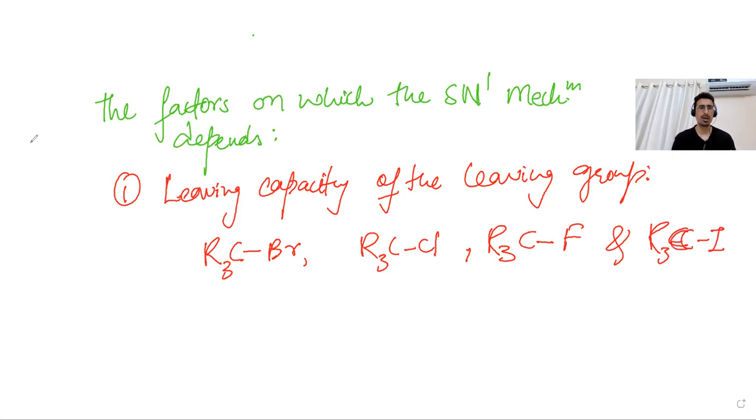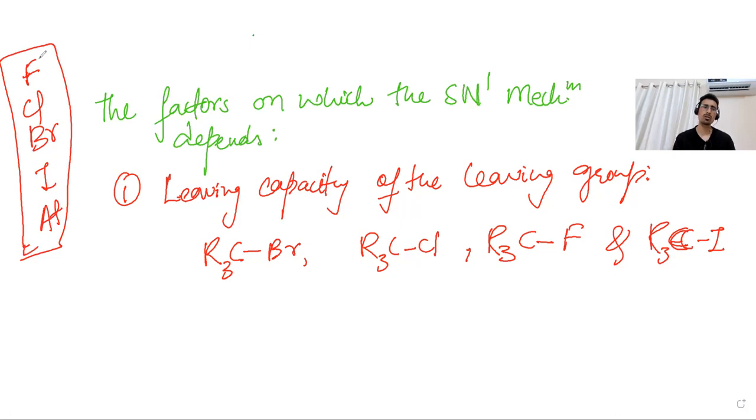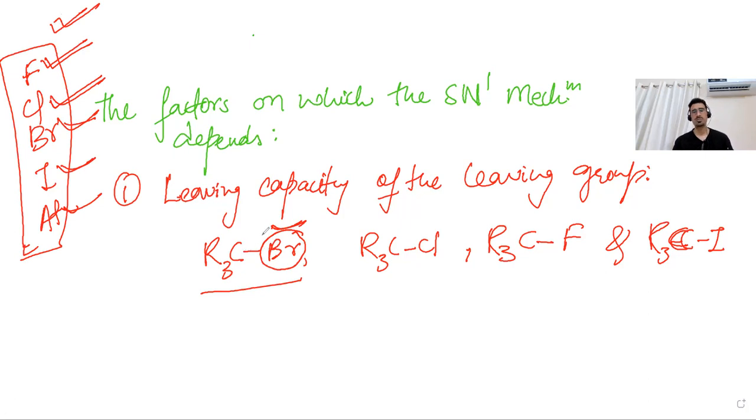It's clear to us we have taken the leaving group from the halogen series, that's fluorine, chlorine, bromine, iodine, astatine. We all know that fluorine is the most electronegative element, followed by chlorine, followed by bromine, followed by iodine and astatine in the halogen series. Now what happens, the more electronegative the element participating in a bond formation, this bond is formed stronger